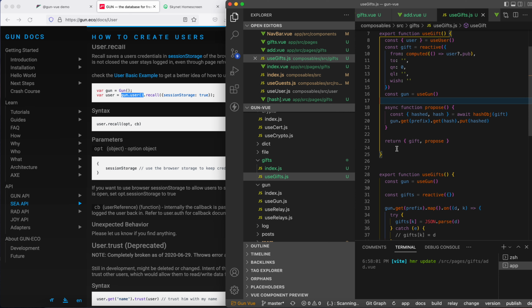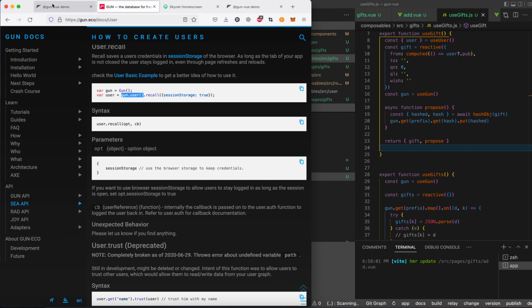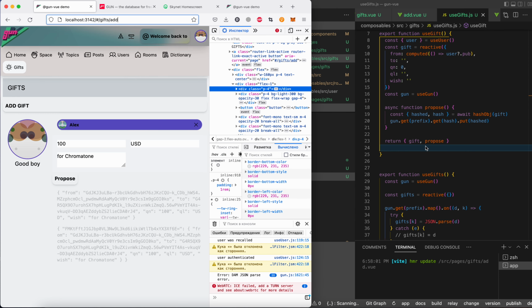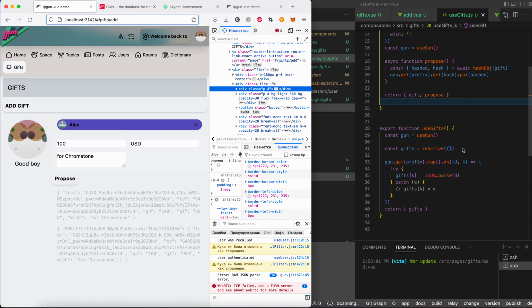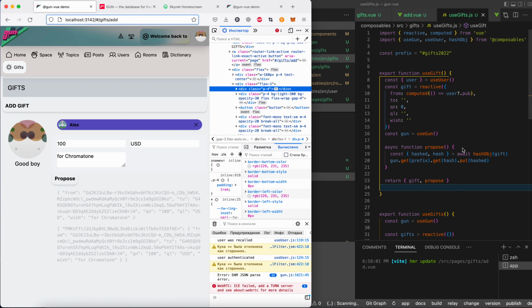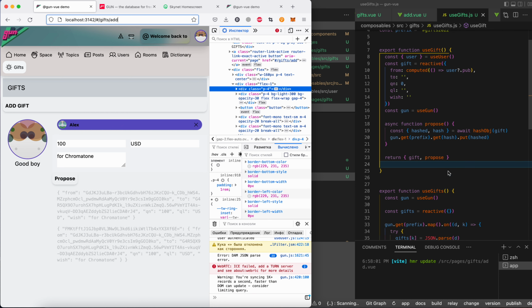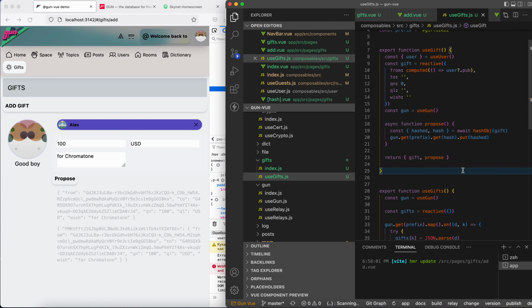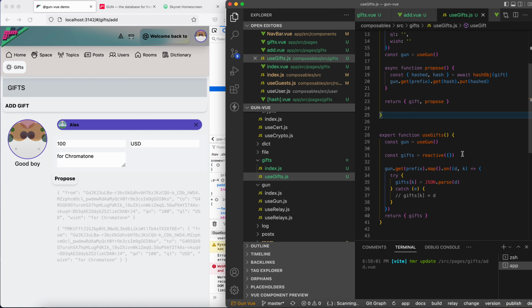So another way to say that this gift is from this person, it's proposed by this person, and that another person accepts it, is that they may store the data about these gifts in their lists, in their own space. So they store the data about their gifts. How can we implement it? It's quite easy. So we may go to the